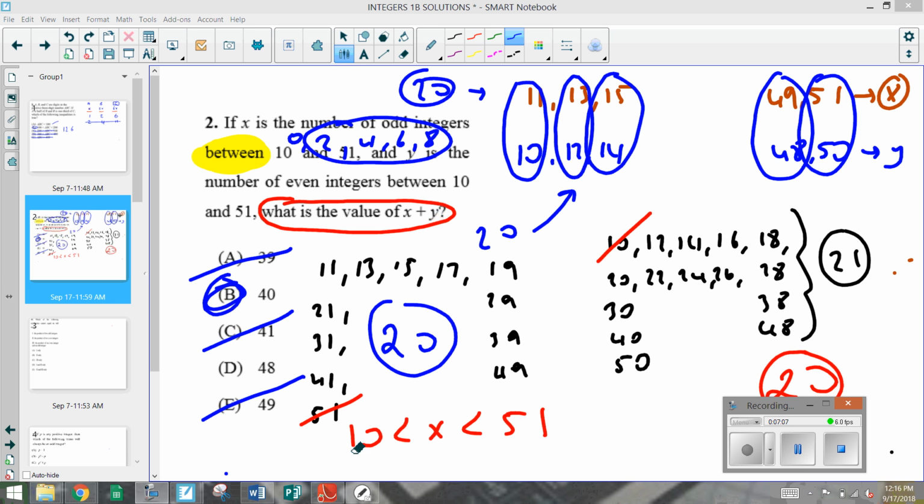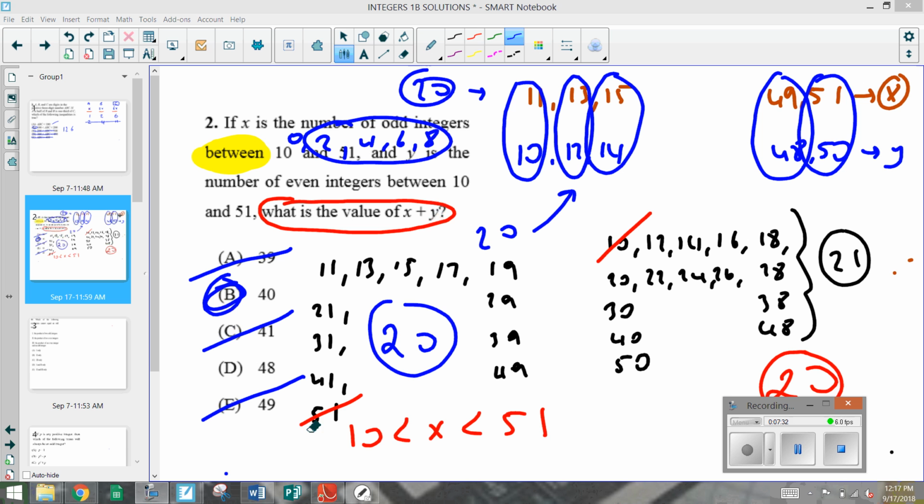Since it's telling me between 10 and 51, I cannot get 10 and 51 because there are no less than or equal signs. These are less than and less than signs. So 10 cannot be included. Crossed it out. Okay, 50. Okay, 51 cannot be included. So there are total